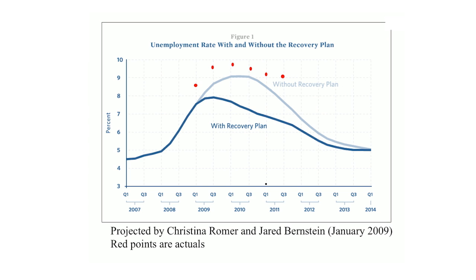The counter to that argument, the argument that it did make a difference, was that things would have been worse without this, that unemployment could have been 12, 13, 14% without the stimulus package. Because with the stimulus package, it was only at the red points, represented by a maximum of around 10%. So that argument is based on the fact that things got worse during 2009 than the economists thought it would be based in January. As you can see, it's hard to prove, and there's debate back and forth. Economists will be working on this for a while to try to decide what really happened.